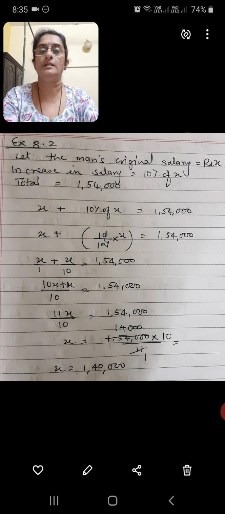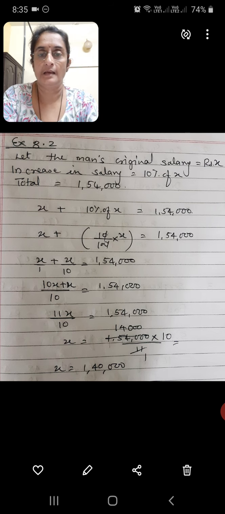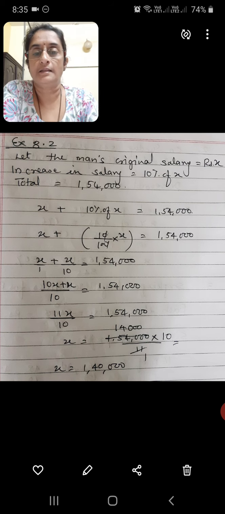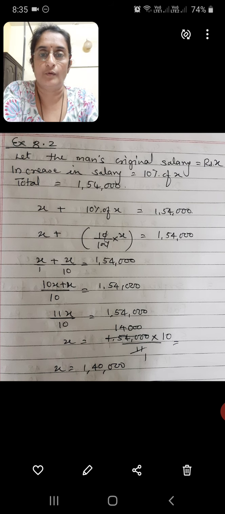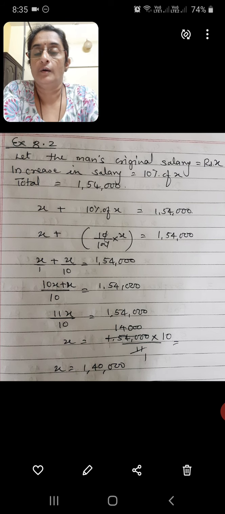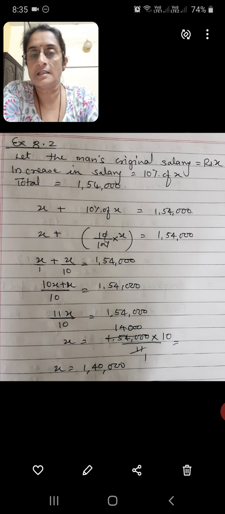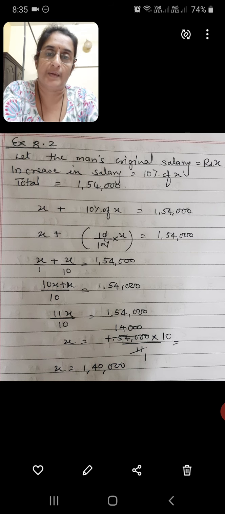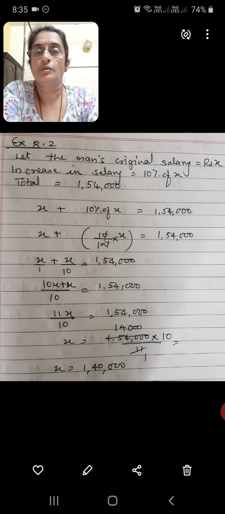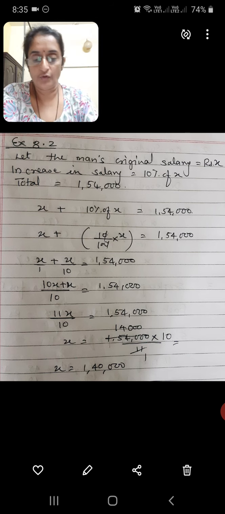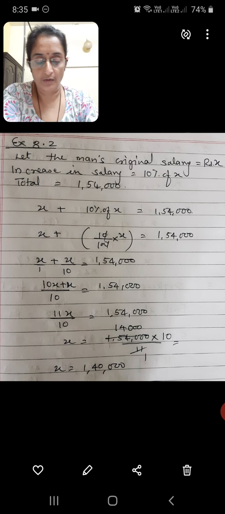Children, do you know what is the cost price and what is the selling price? When a manufacturer sells a thing to a seller, a wholesaler, then when the wholesaler buys, that becomes his cost price, and he sells it to the customer. So that will be the selling price of that seller or stockist. Fine. So here we are going to find out some discounts also and selling price and cost price.